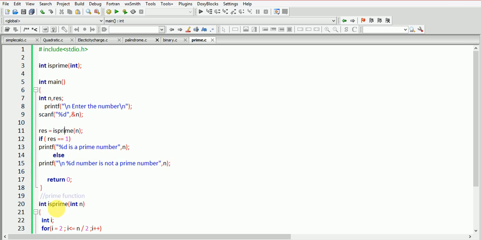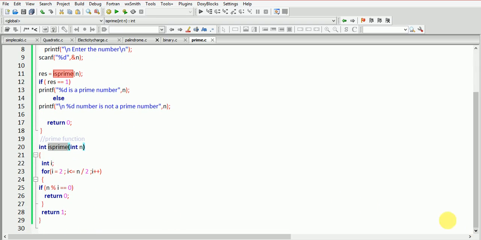Whenever the execution comes here in the main function, we will be entering into this prime function, isPrime of type int, and it is going to take a variable n.